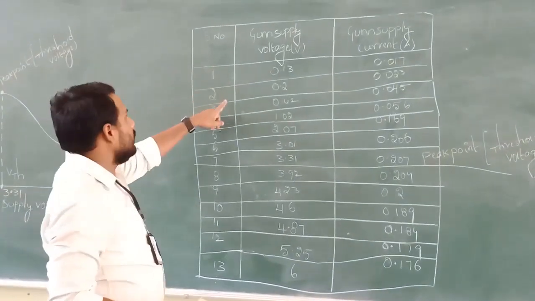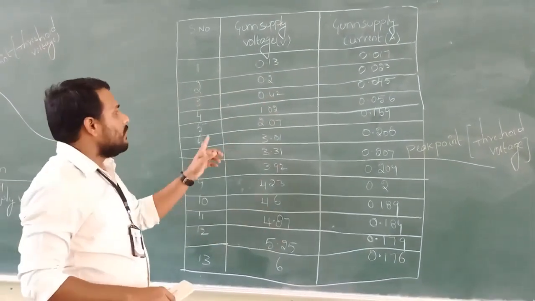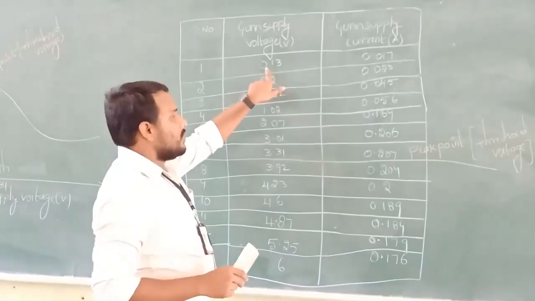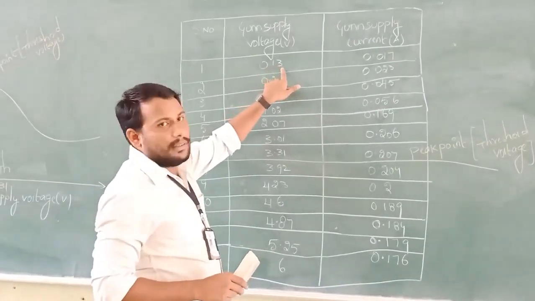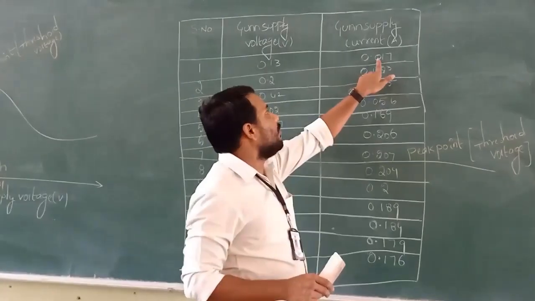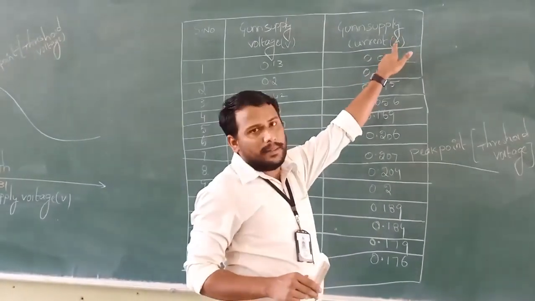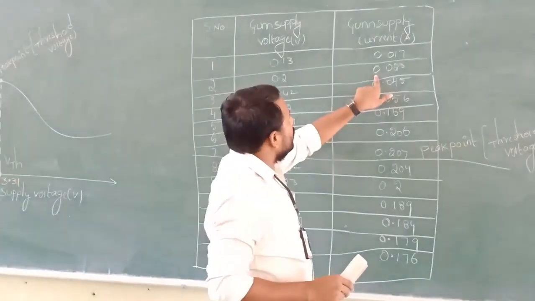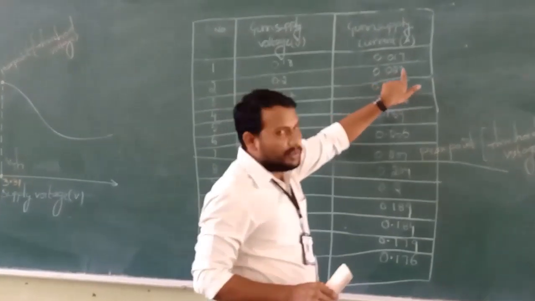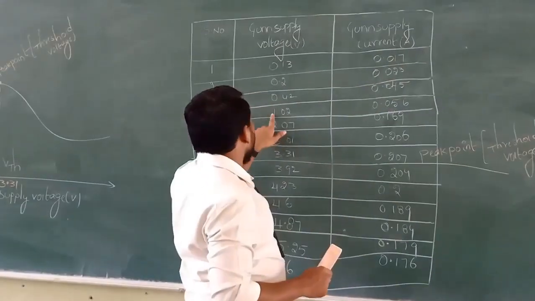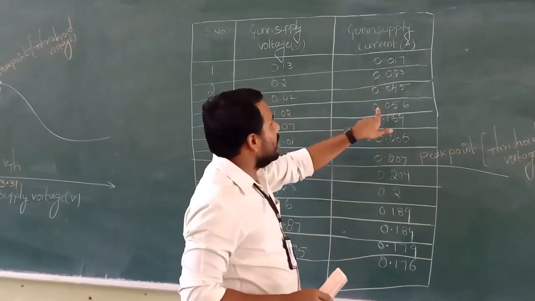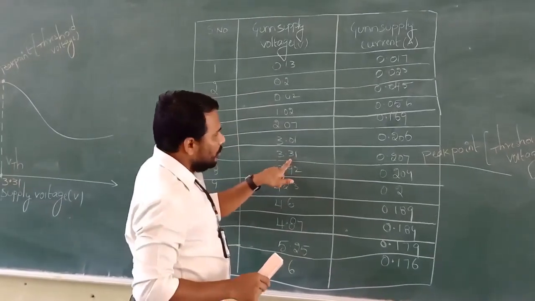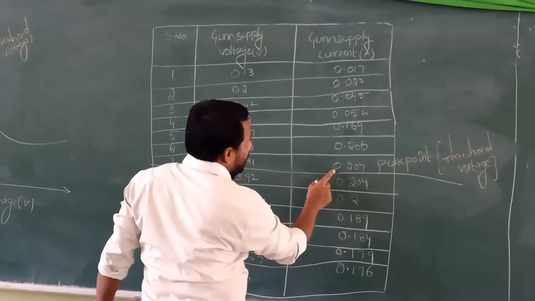You see the tabular column here. These are the practical values we have taken. For the first gun bias voltage, 0.13, the corresponding current reading is 0.017. It is in amperes, and here it is in volts. For the second, at 0.2, we notice 0.023 amperes. For 1.02, the corresponding current is 0.056 amps. At 3.31 volts, the corresponding current is